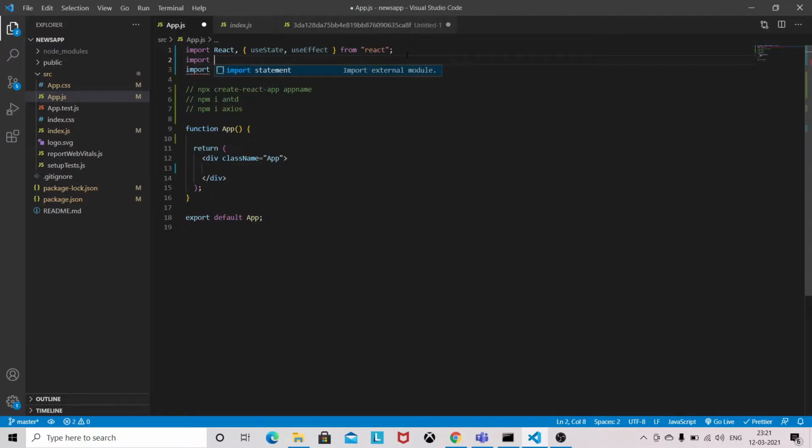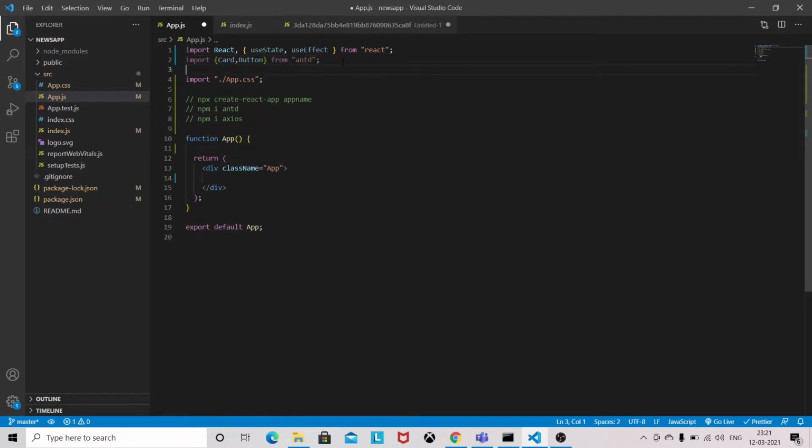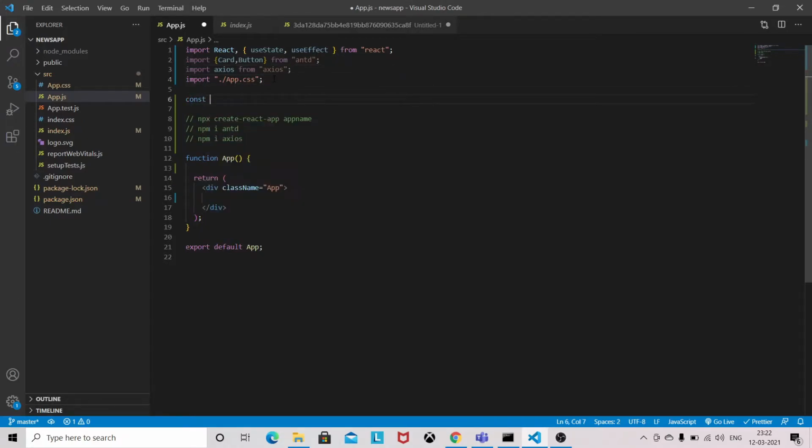So card, and we need button as well. So button, and we need Axios to make an API call. And we got everything we needed, and later we need this meta tag.